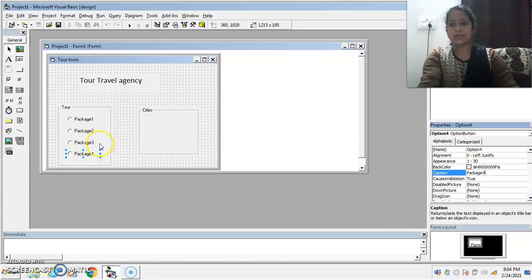From this list of option buttons, the user can select only one package at a time.